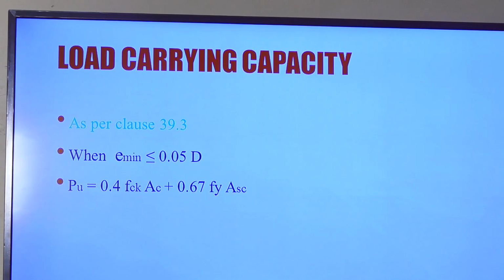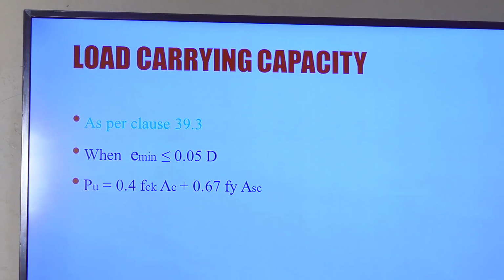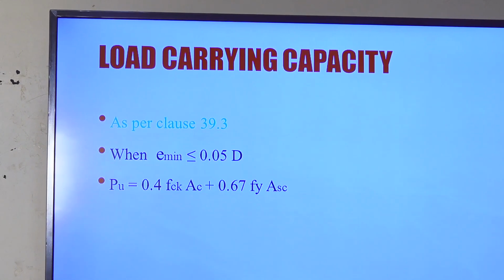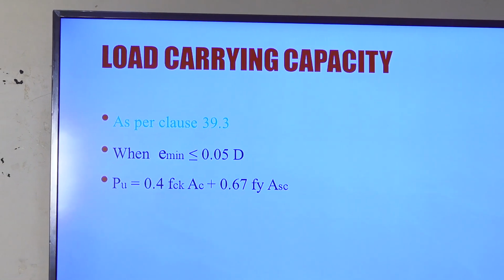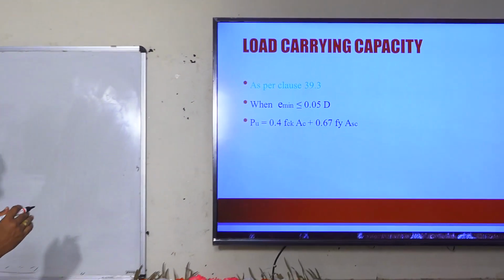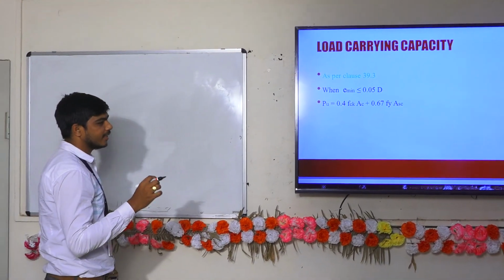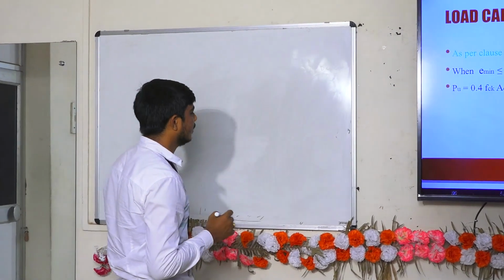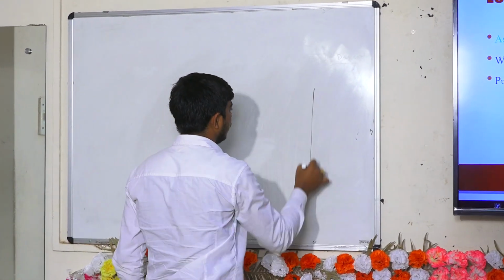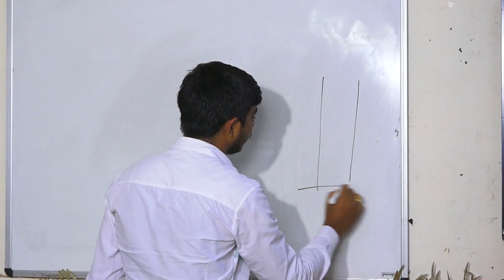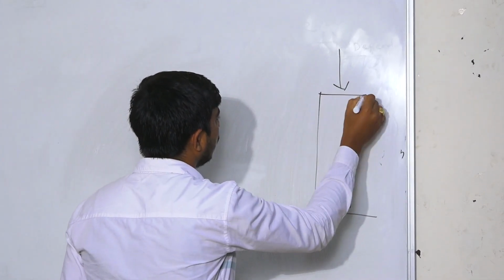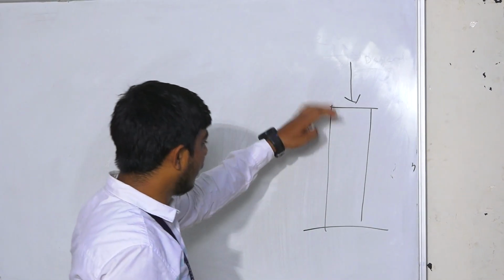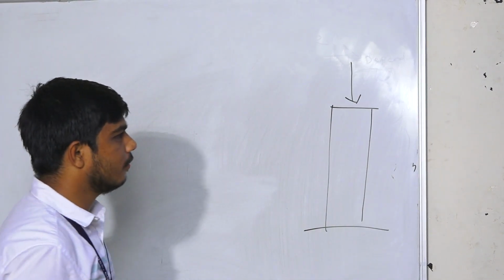Definitely every structure takes some load. If we keep on increasing, it will fail at some point. So at what point will a column fail? With just a small decrease in load, the structure will safely transmit. So what is that load we have to find? Suppose we have a column and we are applying load. What is the load we can apply so that this column will not fail?